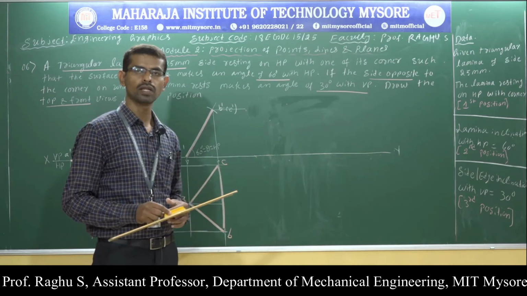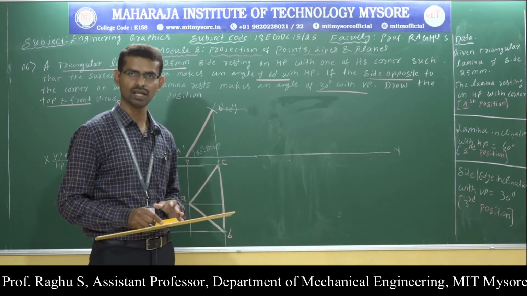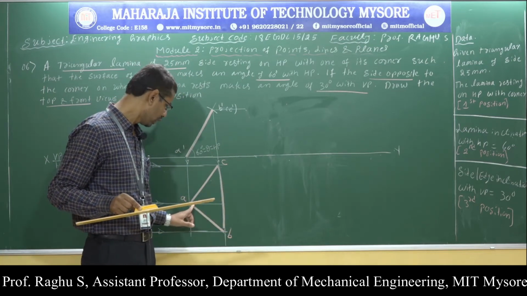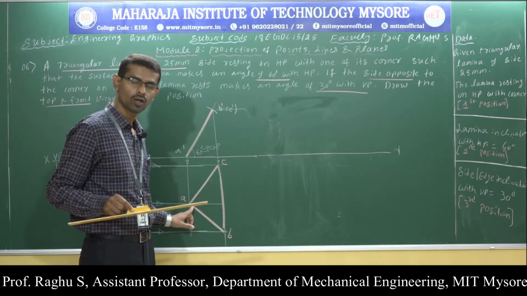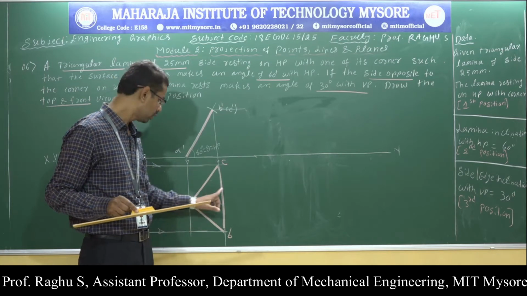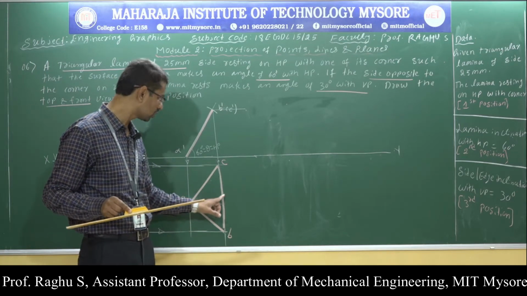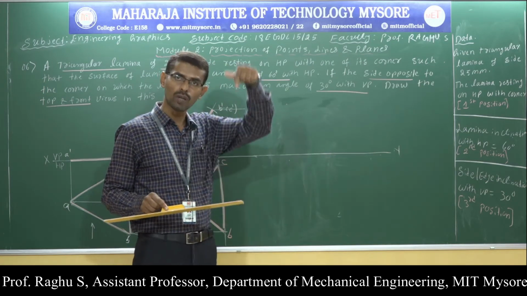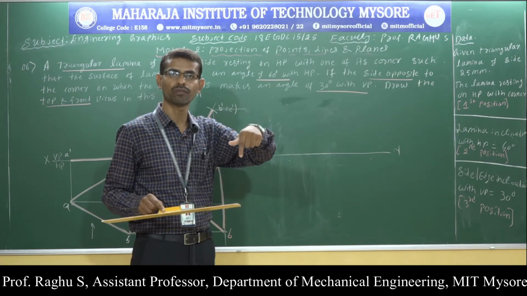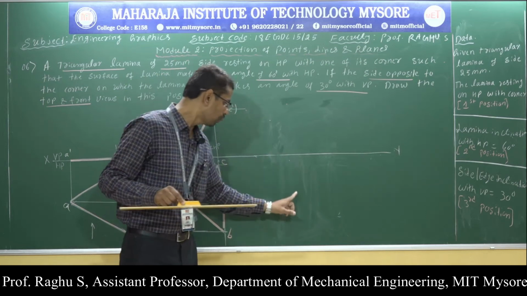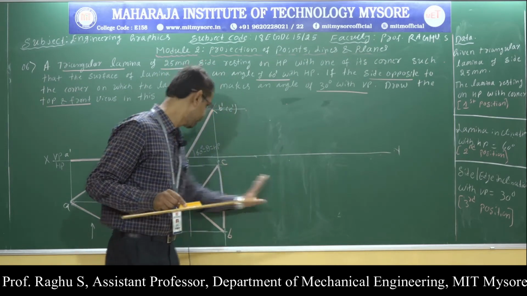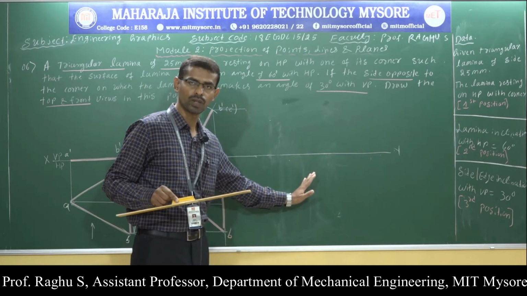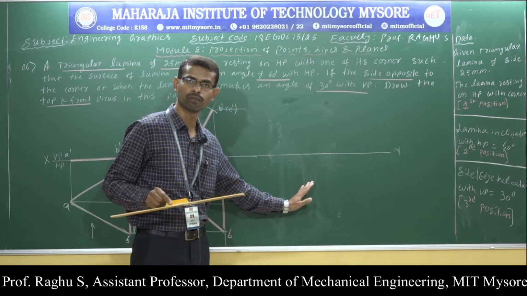Okay, next, to draw the last position, I need the VP inclination. Here, this is the side opposite to the resting corner. This corner is the resting corner. This side opposite to the resting corner is inclined 30 degrees with respect to VP. So the VP inclinations are visible in the top view. So top view is written on the HP plane. This is the HP zone or HP plane, the horizontal plane. Here I am going to write the top view.